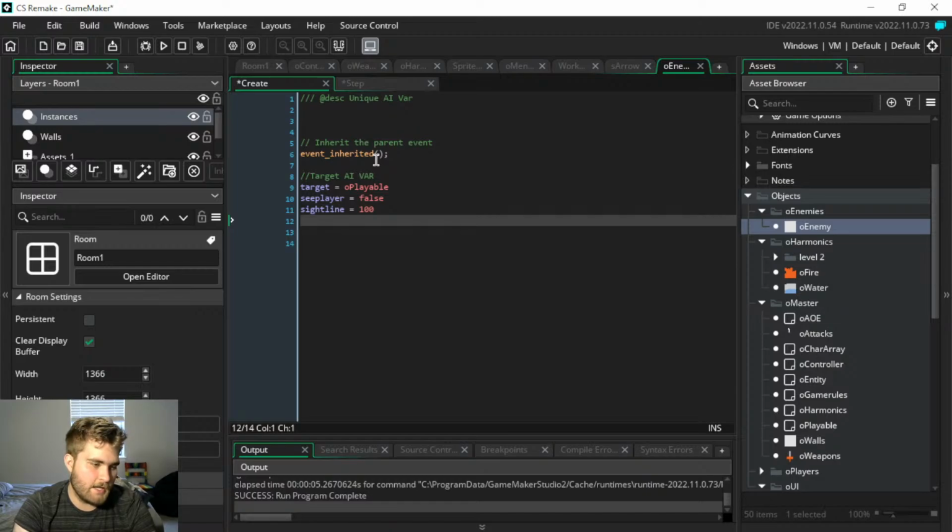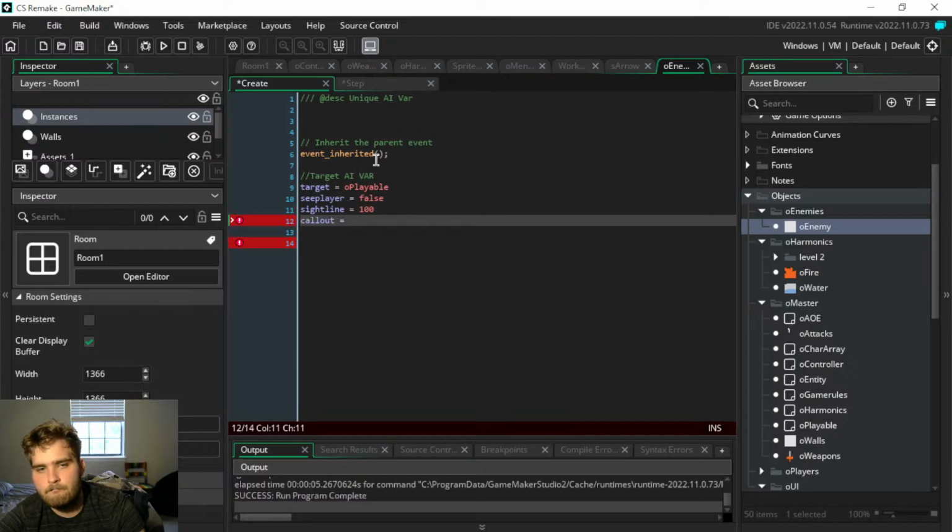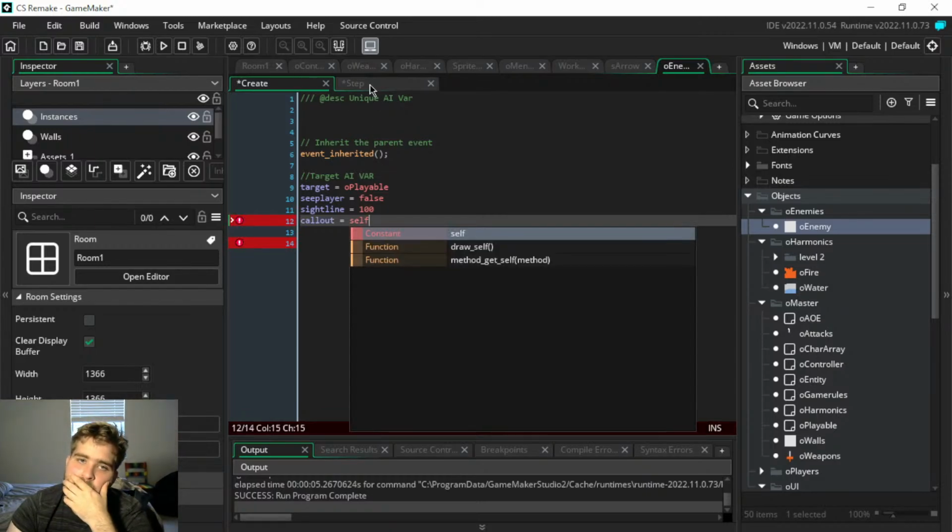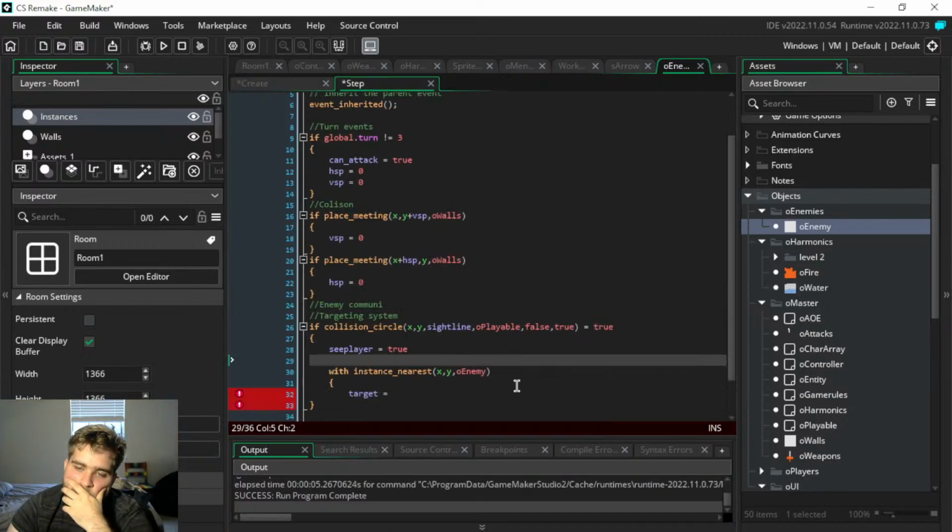Let's just say if we're gonna have them communicate back and forth, let's just say have it call out equals, by default we'll have it equal self. So true call out